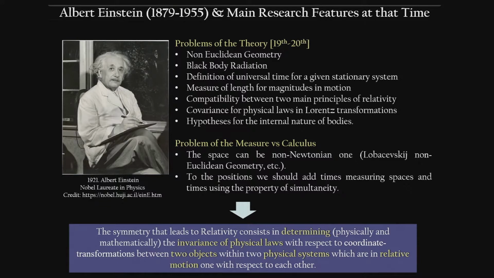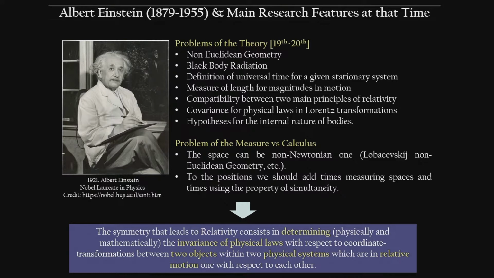So we have in this period non-Euclidean geometry, black body radiation, definition of initial time for a given stationary system, measure of length for a magnitude in motion, compatibility between two main principles of relativity, covariance of a physical law in Lorentz transformation, hypothesis for internal natural bodies, etc., etc. And the space can be non-Newtonian. This was another shock because